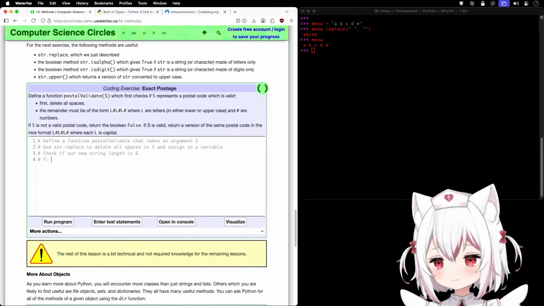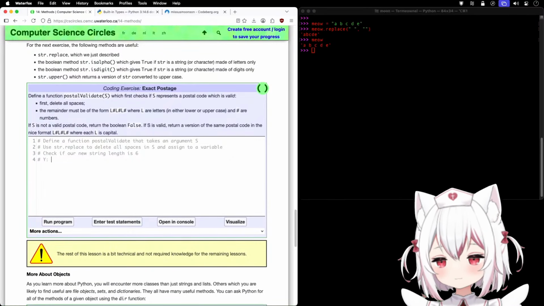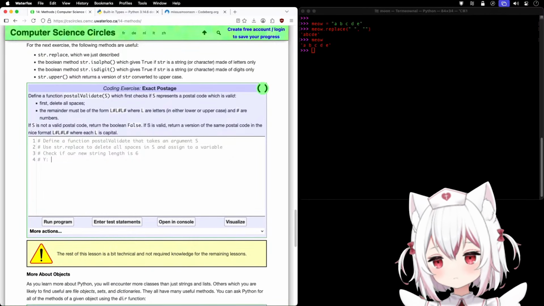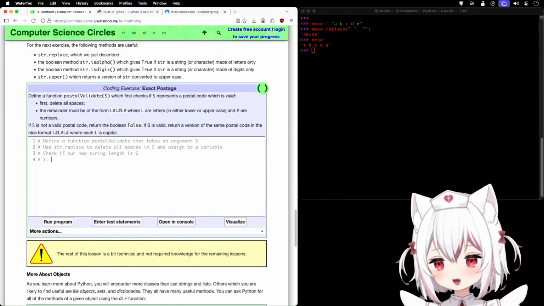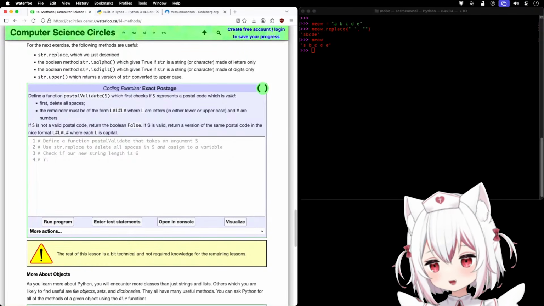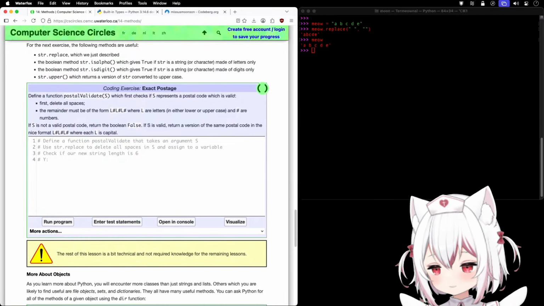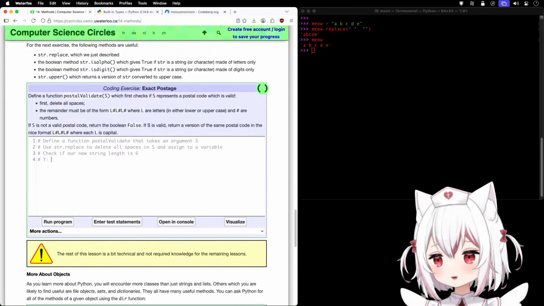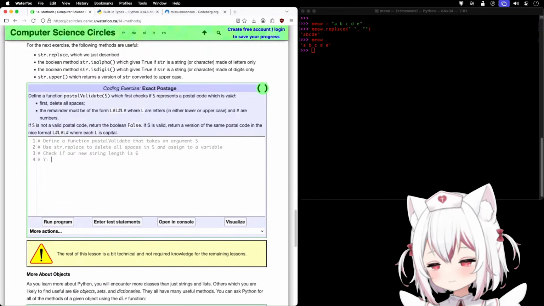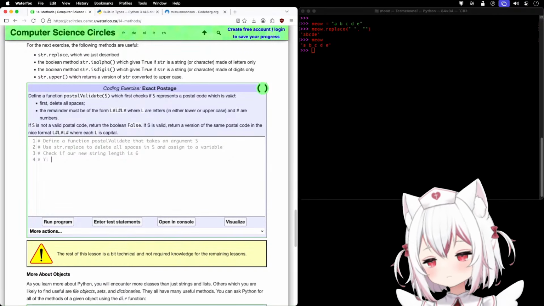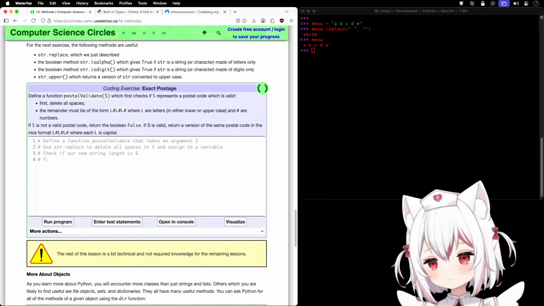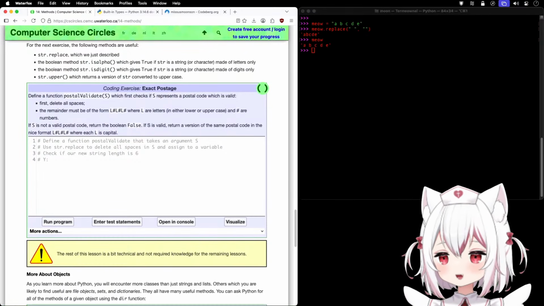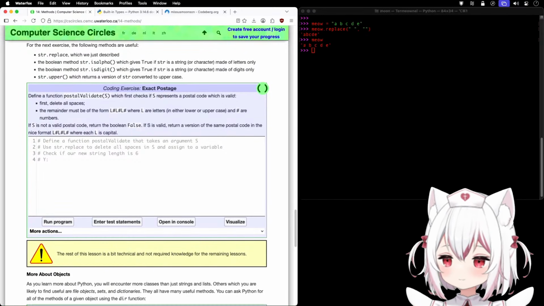If yes, we want to know if the first, third, and fifth characters are letters, and the second, fourth, and sixth are digits. But we're going to use indexes, so